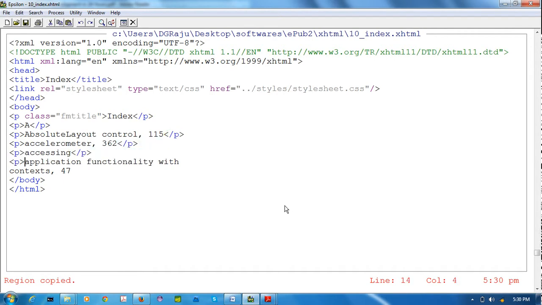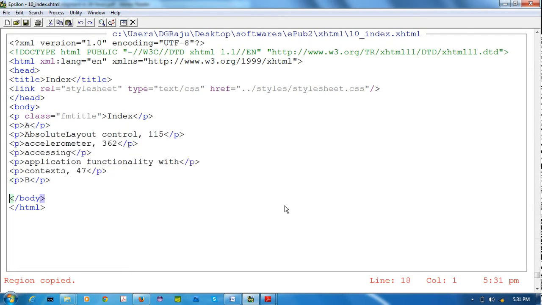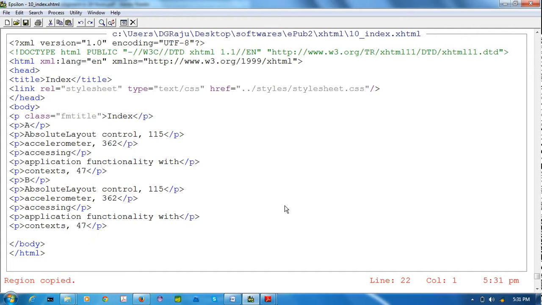Paste, paste, paste, paste. Next B. This is an example. That's why I'm creating like this. You don't do like this, okay?